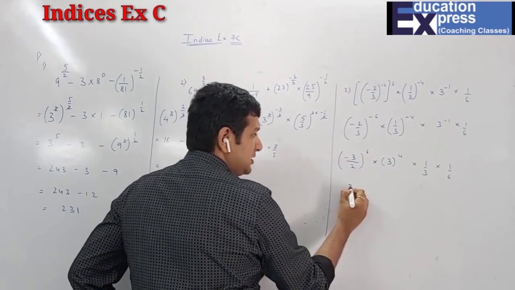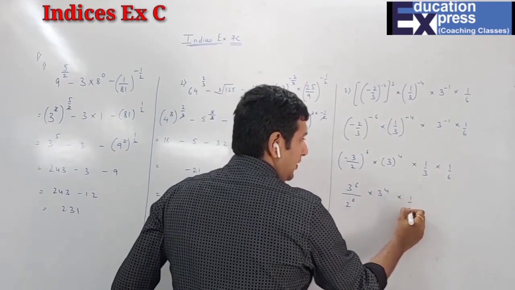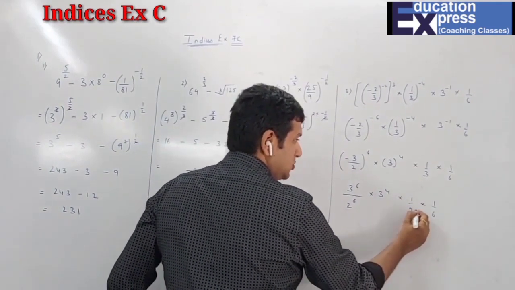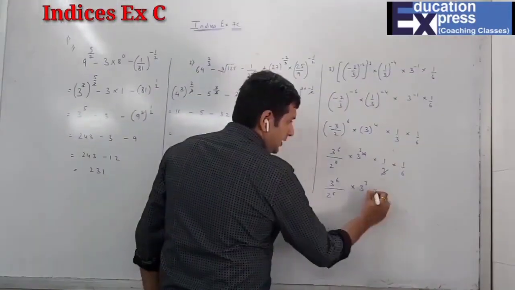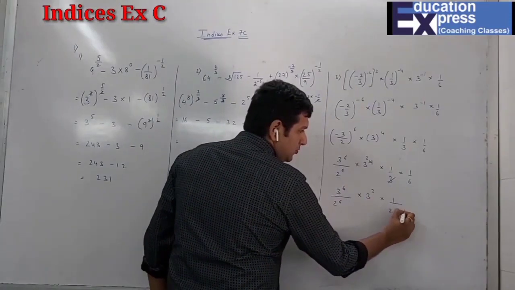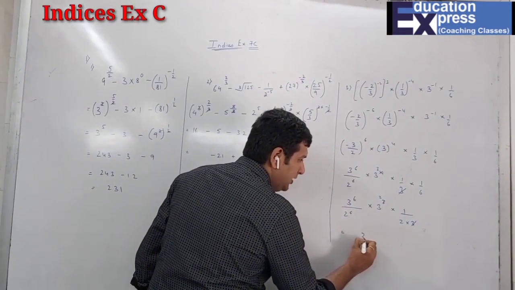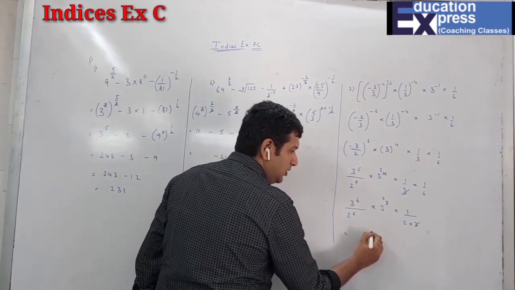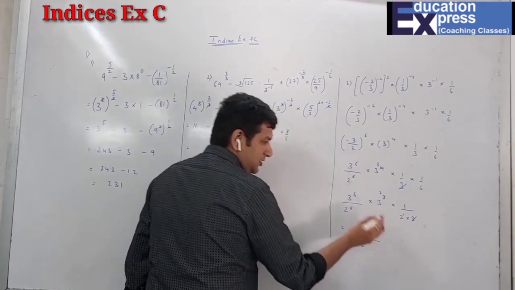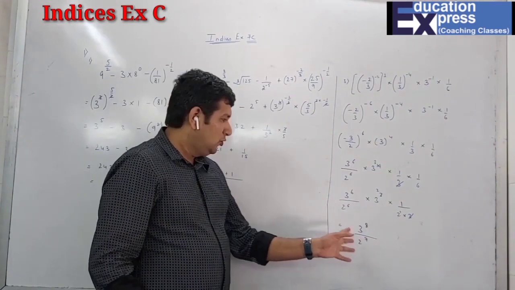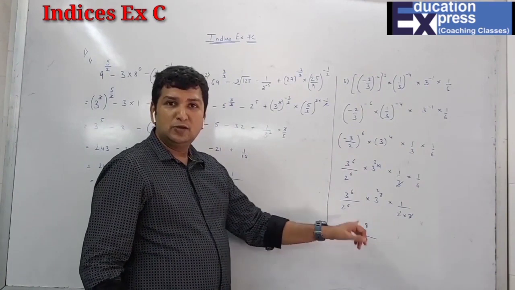So 3 raised to 6 upon 2 raised to 6, into 3 raised to 4, into 1 upon 3, into 1 upon 6. So 1 3 will go, so obviously 3 is left. 2 raised to 6 into 3 cubed into 1 upon 6, students, means 2 3s are there. So 1 more 3 will get cancelled. Now in the numerator we are left with 3, same base, so 6 plus 2, 8. 2 raised to 6 and 2 raised to 1, same base, so 6 plus 1 is 7. This is the final answer. If you don't simplify and get the actual answer after multiplication, it's okay because the power is too huge. So keep it as 3 raised to 8 upon 2 raised to 7.